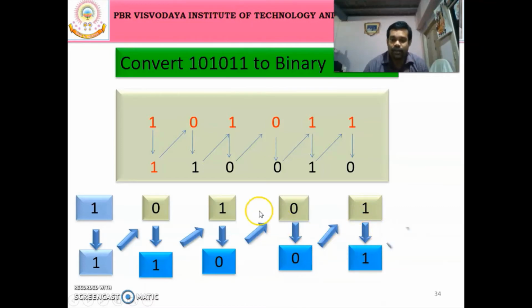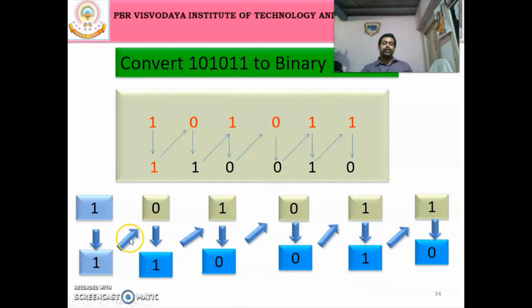So we have converted. Next we are XORing this 1 with this 1. XOR of 1 and 1 is 0. So we have converted this binary to gray. First we have written the MSB as it is. This is the gray number. As in the gray, we have copied this MSB.